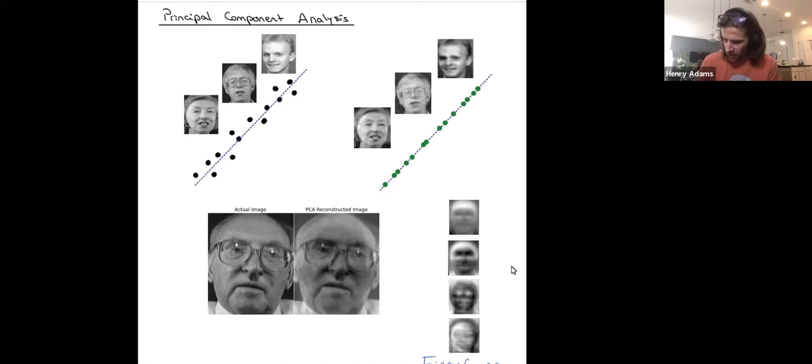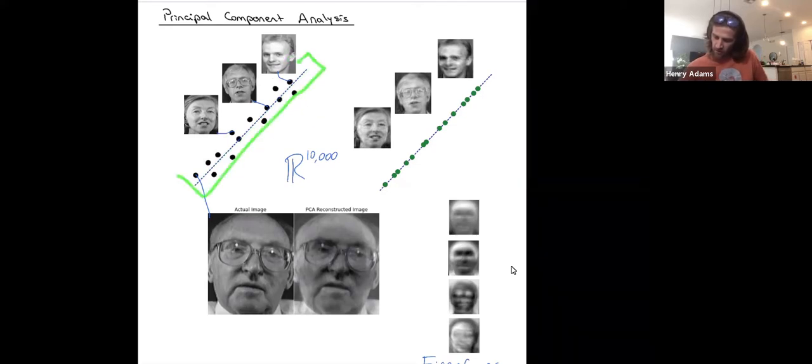So here we're living in 10,000 dimensional space, or however high dimensional our data is. Maybe it just looks like 3D or even 2D to you right now. When you do PCA, each data point is a face. So this data point might be that face, this data point might be that face, and this data point might be that face. Maybe this data point is this face right here. When you do PCA, you find a linear model of best fit. And in this picture, I've just found a line as my model,